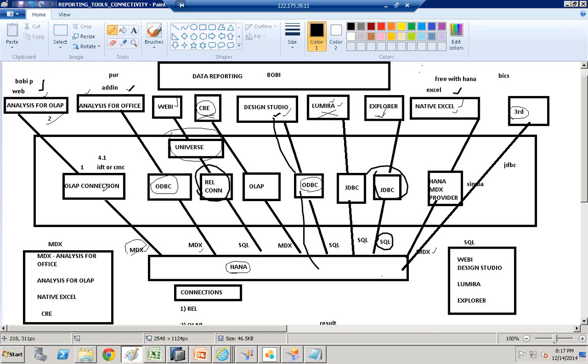But relational is something that you directly connect to the non-OLAP sources, like databases. If you use OLAP, you need to have MDX, multidimensional expressions, and for relational, it uses SQL. So wherever you see OLAP,